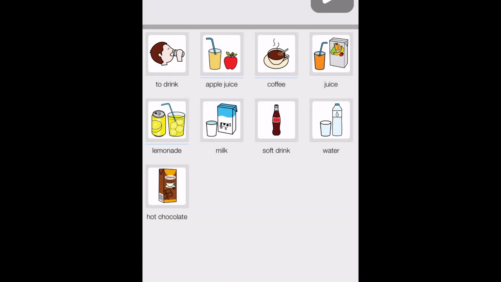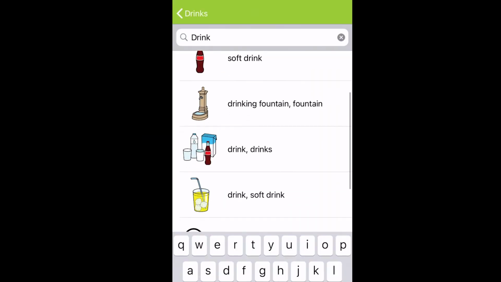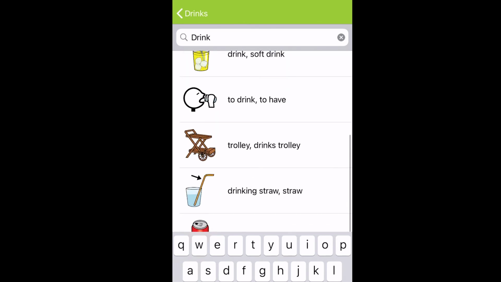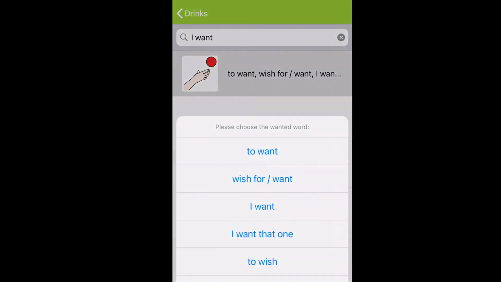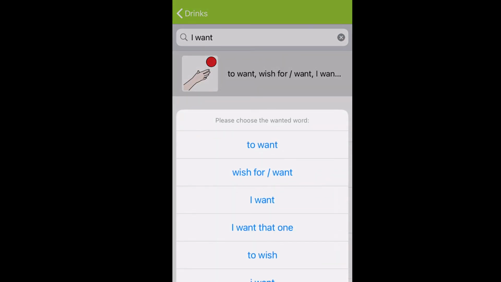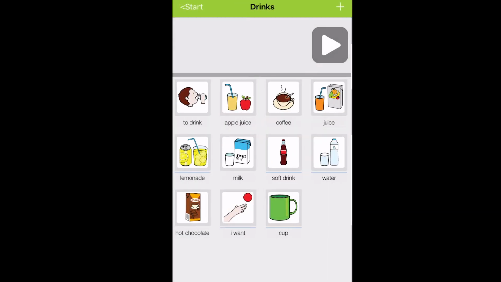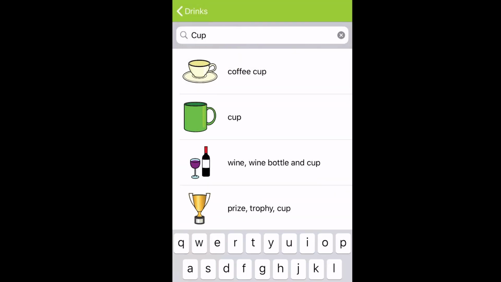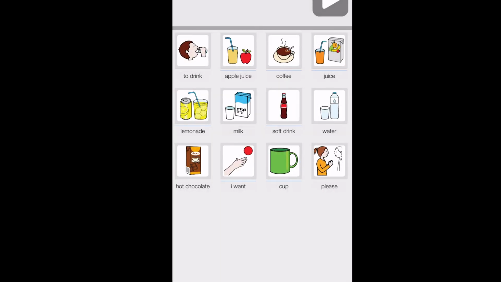Let's see, so we got milk, soft drink, water. I don't know why kiddos drinking coffee. You can obviously use this for older kids as well. Here's just all the kind of drinks to drink. That's a thing that they don't have here. Let's see, I want. So you can pick then which one I want. So I want cup. I want cup. Please. So these might be different pictures than what you would typically utilize for a kiddo, but again, you could